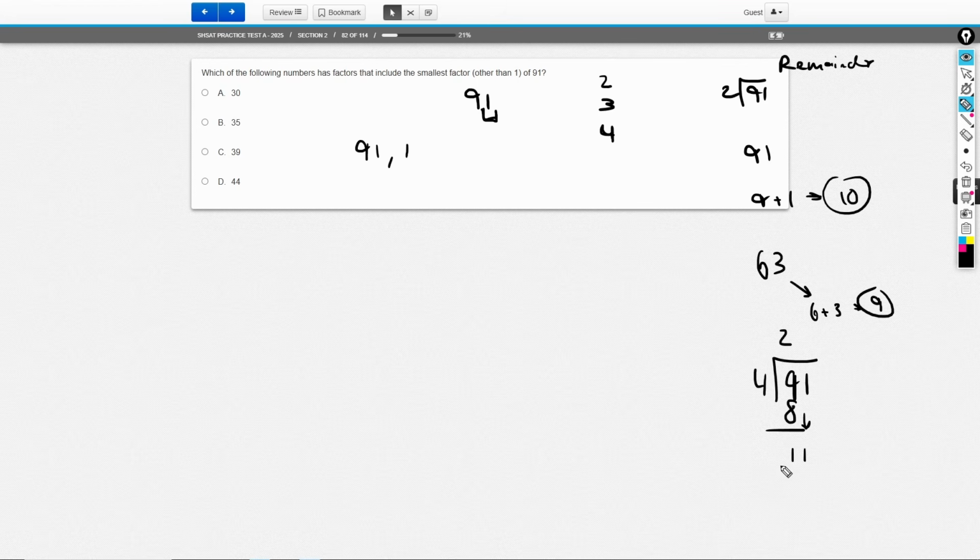Does 4 go into 11 evenly? No. You're going to have a remainder. 4 goes into 11 2 times, 8. You have a remainder of 3. So 4 is not a factor. Now 5. 5 for sure isn't a factor because if a number is divisible